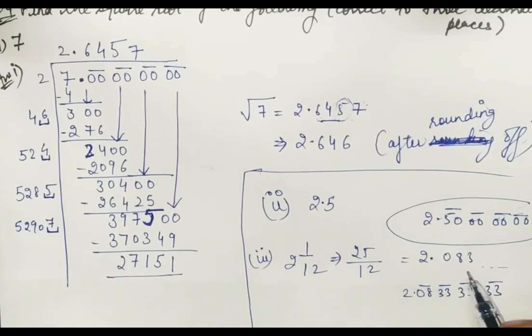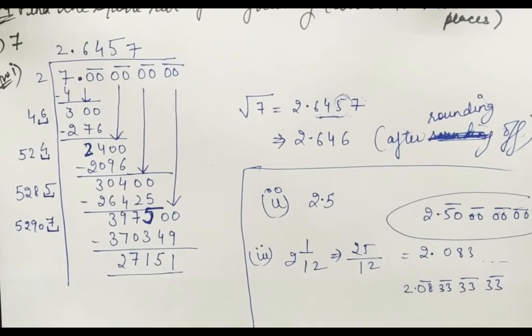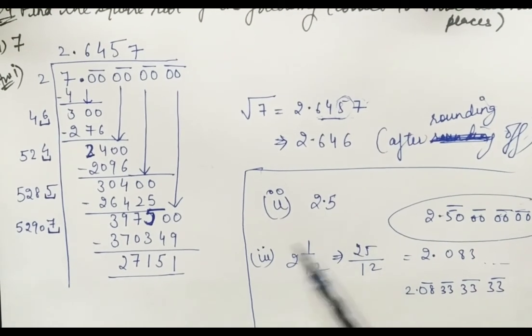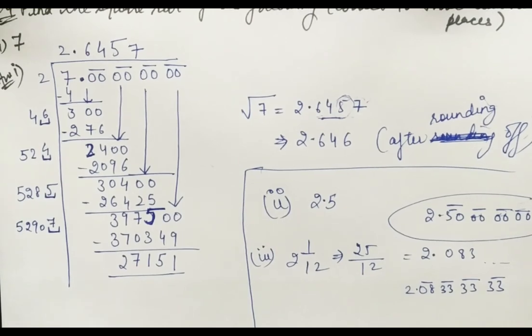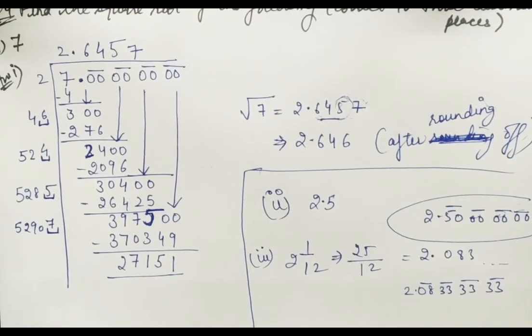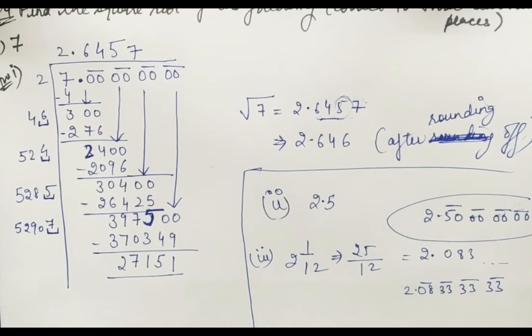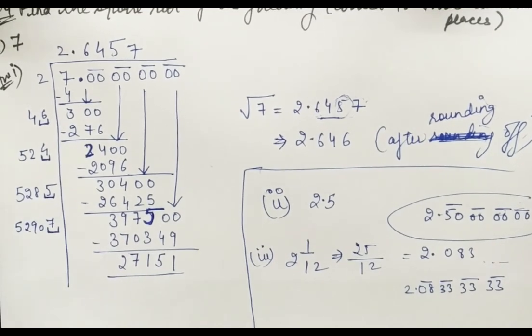Similarly in the fourth part also, that part is also in mixed fraction. You just have to find this number and then the point of that number, and then do long division of that number. I think you understand this question, so you can do all the parts on your own and then send me the answer in the comment section. Okay, so let's move on to the fifth question. I hope you learned all the concepts of these 4 questions, and the remaining 3 questions that are pending will be done in the next video, in the next part.